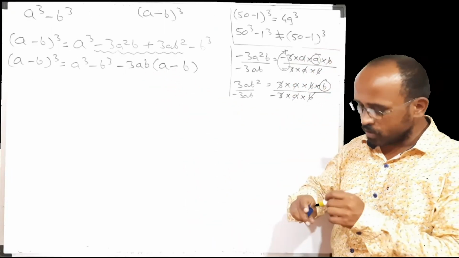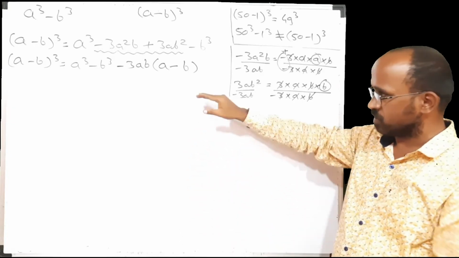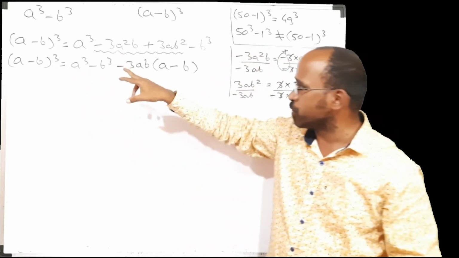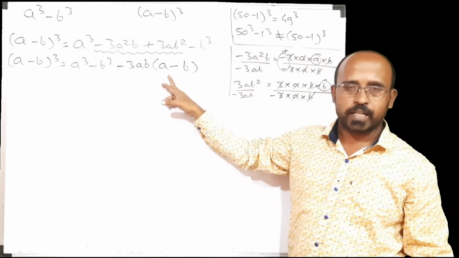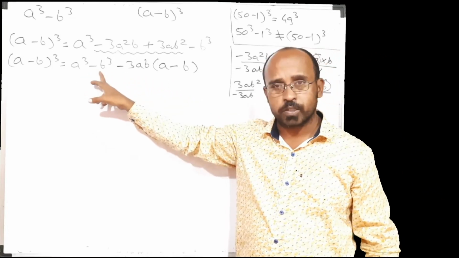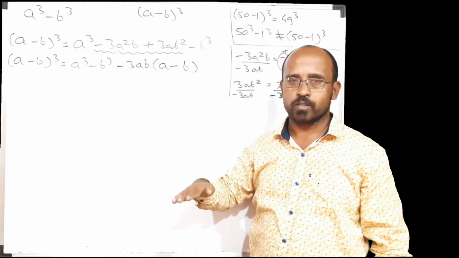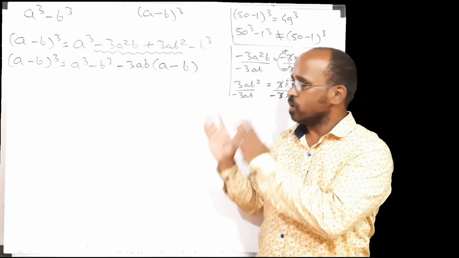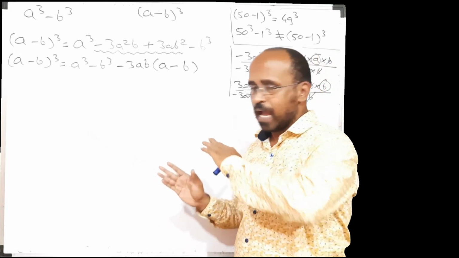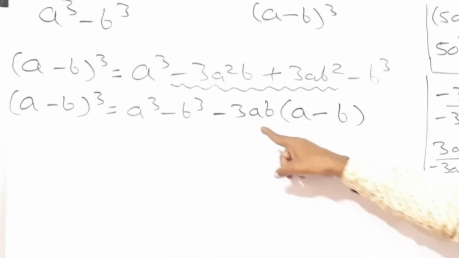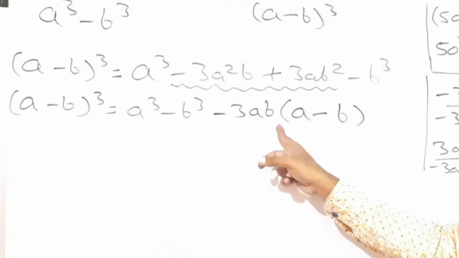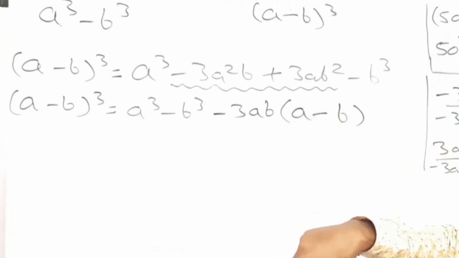Clear? So our expression is (a minus b) cube is equal to a cube minus b cube minus 3ab in the bracket (a minus b). Now we have to find out the answer of a cube minus b cube. So let's keep them on one side, or let's isolate them. Let's keep them on one side, and the remaining part will change its side. So this minus 3ab into (a minus b) will change. After changing side, this minus 3ab into (a minus b) will change into plus.